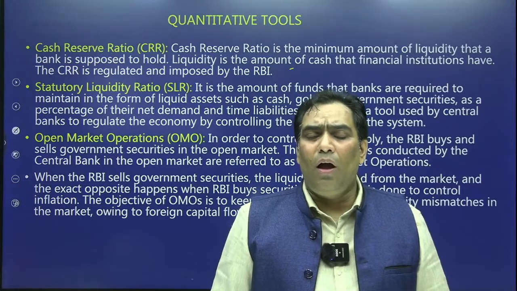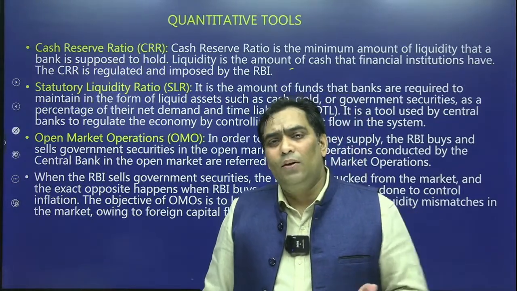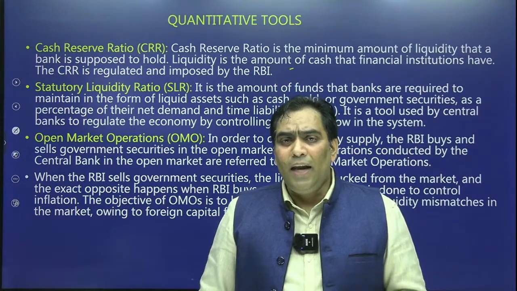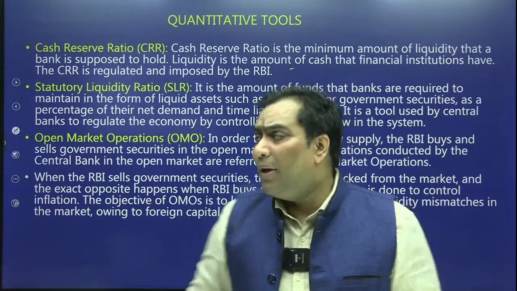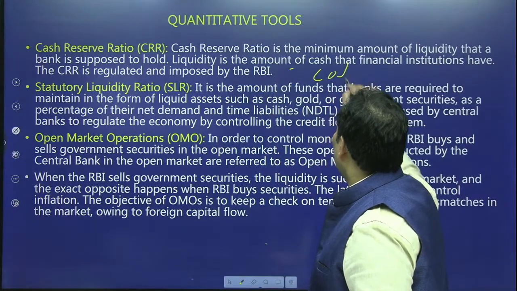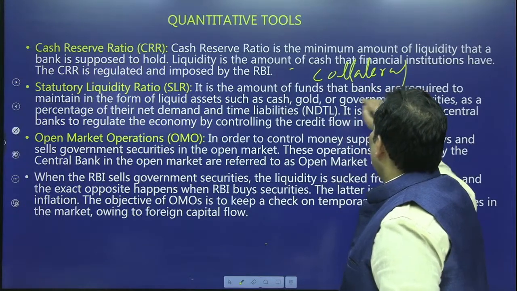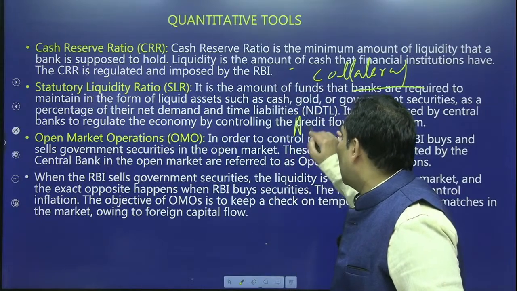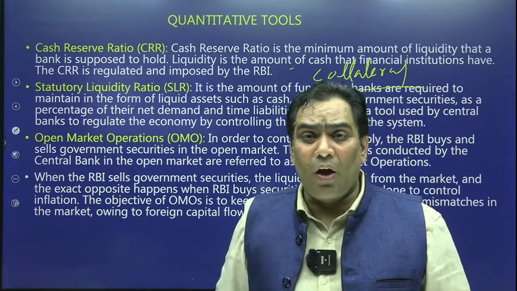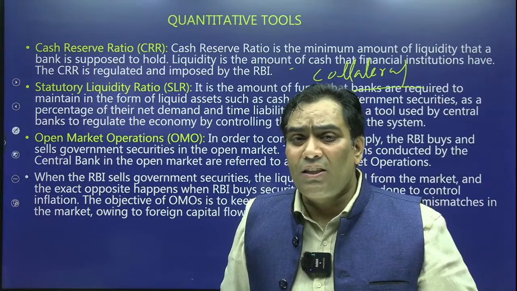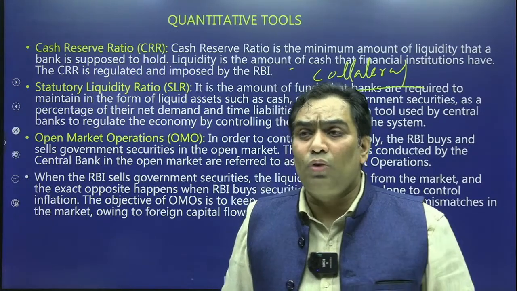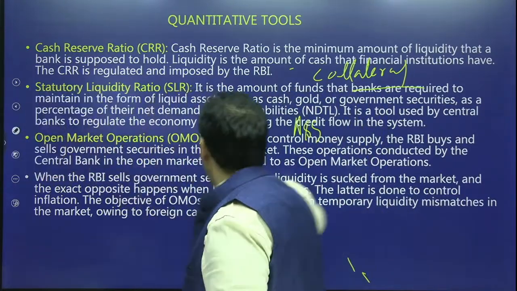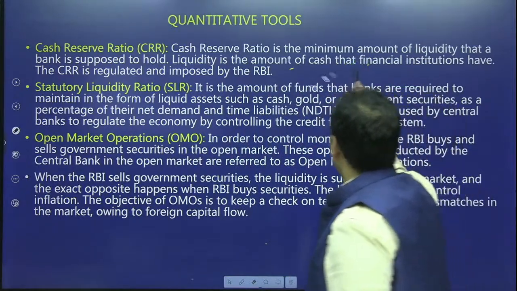We are discussing open market operation. Whenever the transfer of funds in the economy takes place, it always takes place on the basis of collateral or security. That collateral is nothing but an asset which acts as the security in response to the loan. And I will explain it with a diagram. Suppose